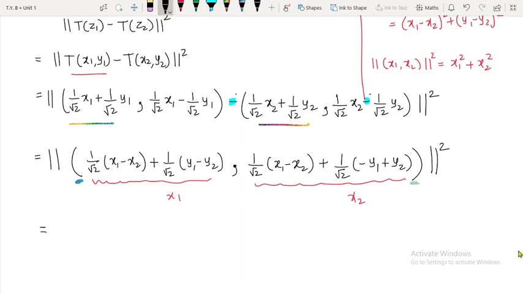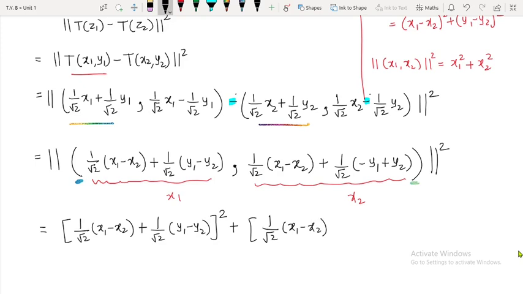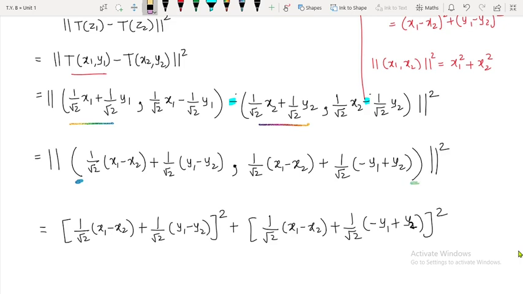So therefore this will be inside the bracket 1 upon root 2 x1 minus x2 plus 1 upon root 2 y1 minus y2 square of this plus inside the bracket 1 upon root 2 x1 minus x2 plus 1 upon root 2 minus y1 plus y2 and what, square. Okay, so just I will erase it out. This was simply for understanding. Yeah, so which will be further equal to,